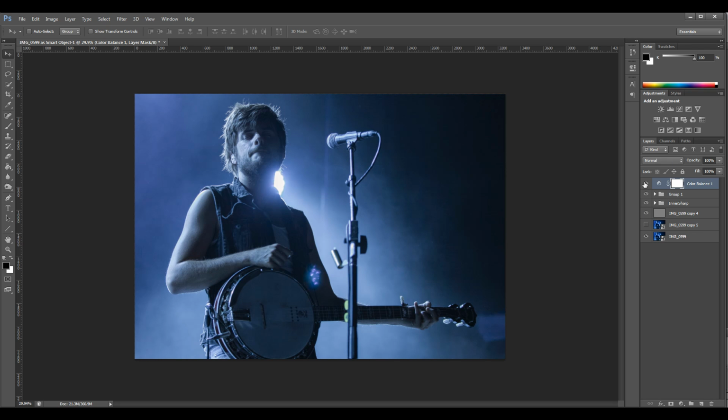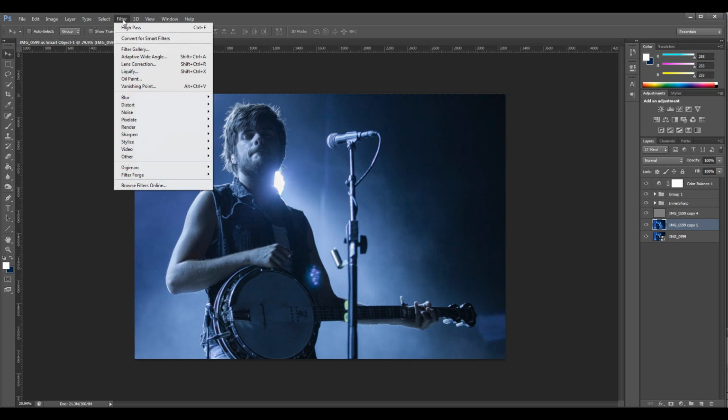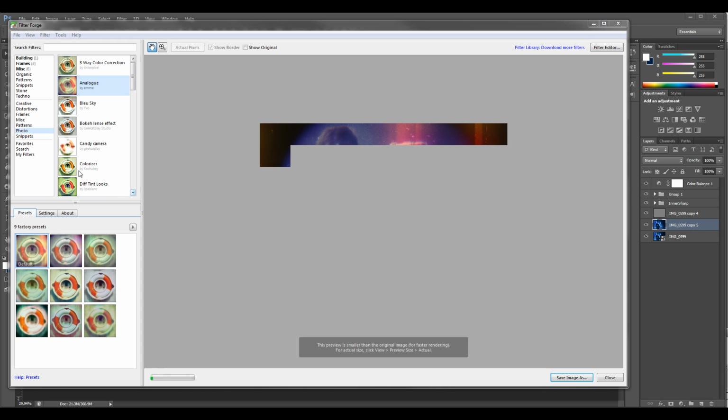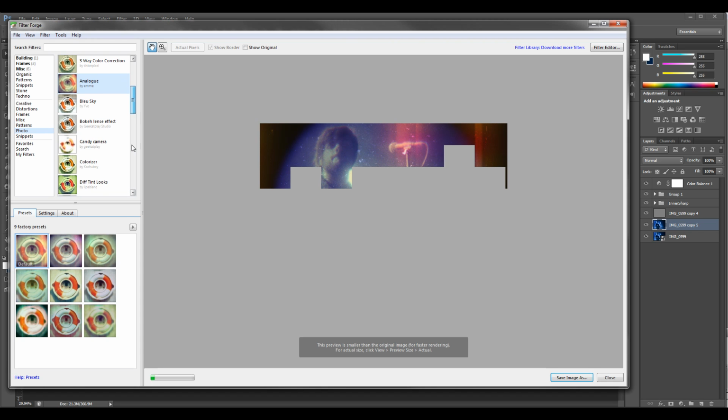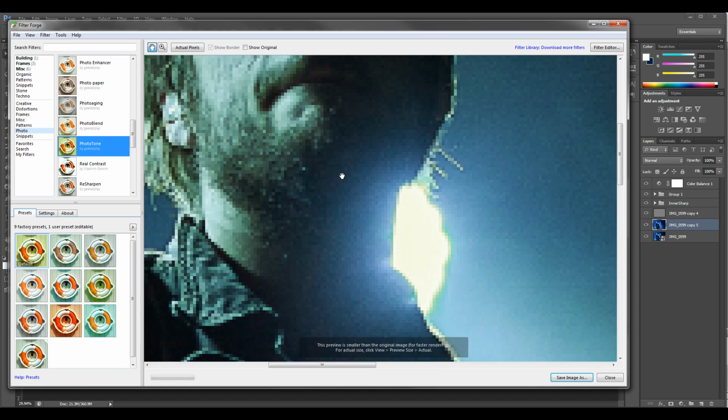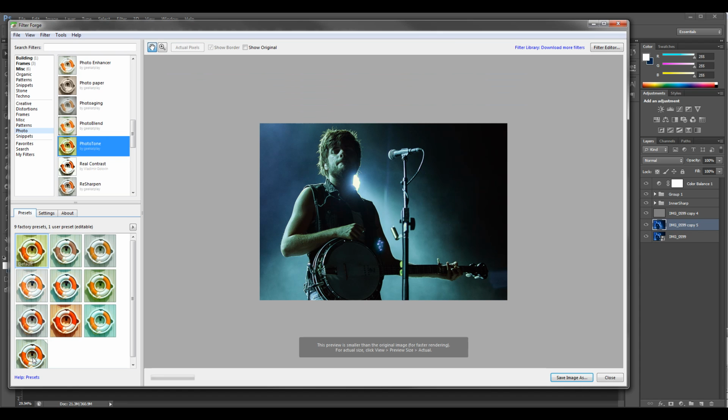Okay, the other thing we can do is, let me rasterize this layer, and I'll show as an example that we can use different programs. What I like to do is use Filter Forge. Let me launch this. Okay, so we have it, and I created a filter which is a plugin. It's right here, Phototone, and it's free, you can download it. Overall, what it does is it has sharpness and color correction, and I use this often to very fast get color corrected images. For example, right here,